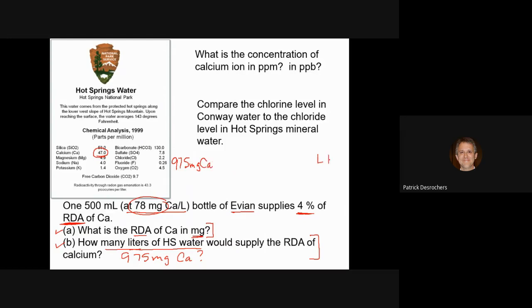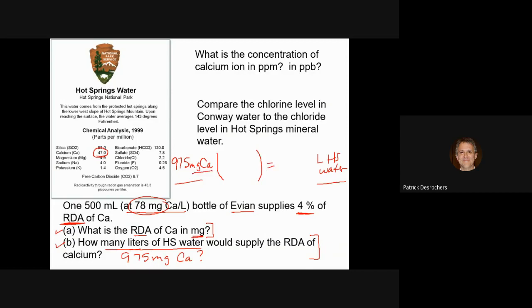And I'm going to finish with liters of hot springs water. So somehow this is connected to that. So if I was to set this up,